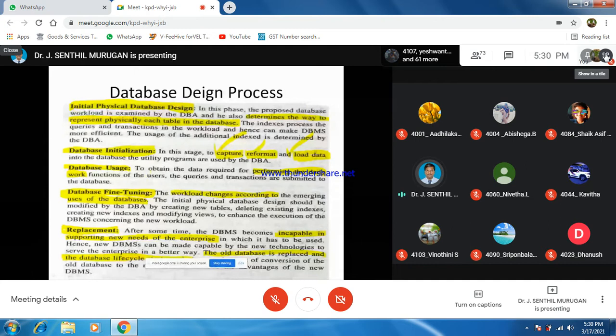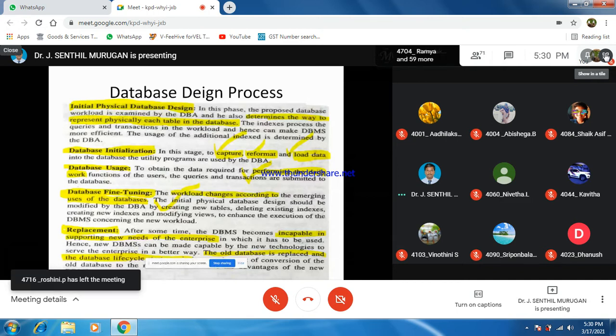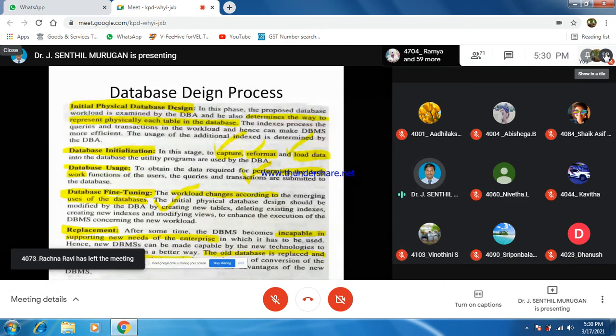Then usage: based on daily work, how it is used, and fine tuning based on the workload and use of the database, supporting new needs of the enterprise.